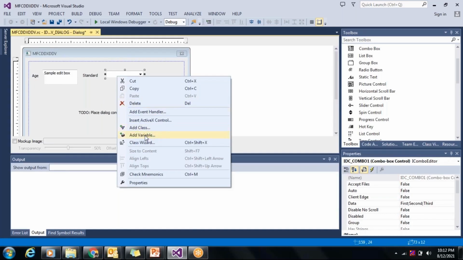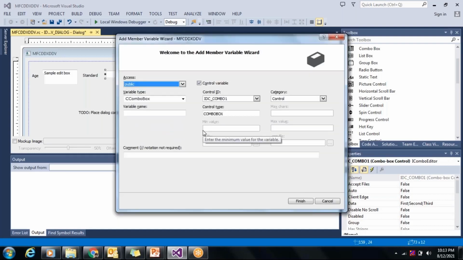For this, we'll add a control variable here, m underscore c standard. Okay, so here it is a control variable of type control, and the variable name is m underscore c standard. When it is a control variable, you will not have any options to add the validations. They all get disabled. Okay, finish.